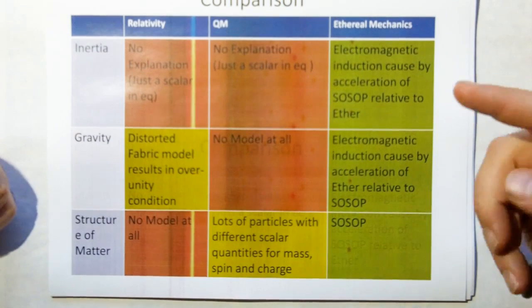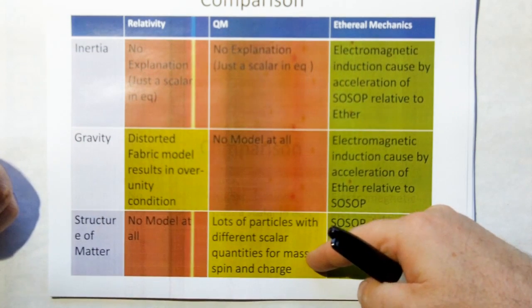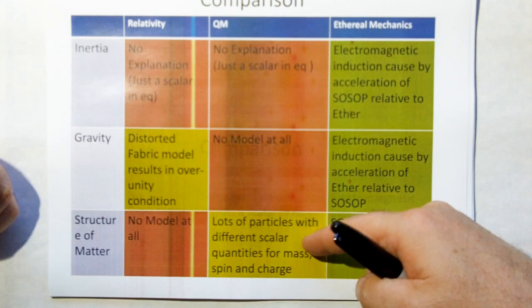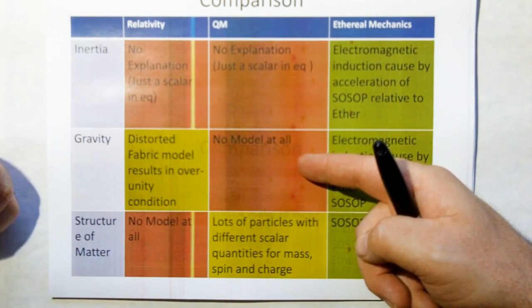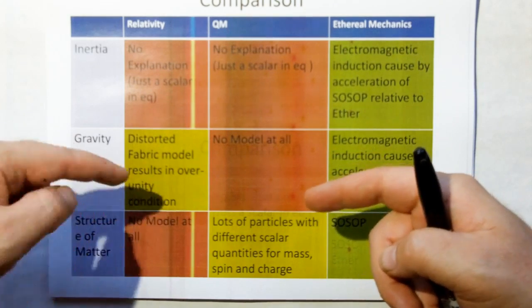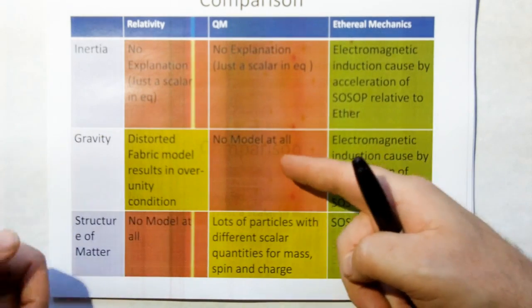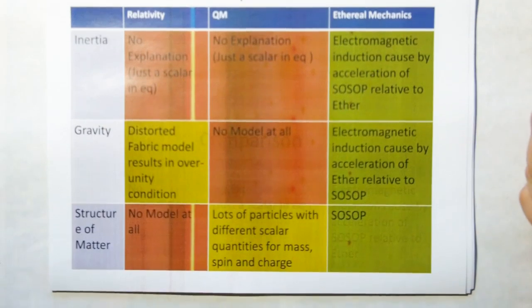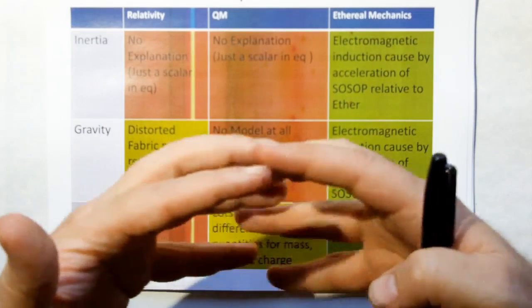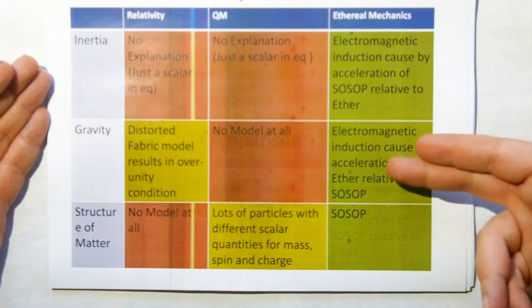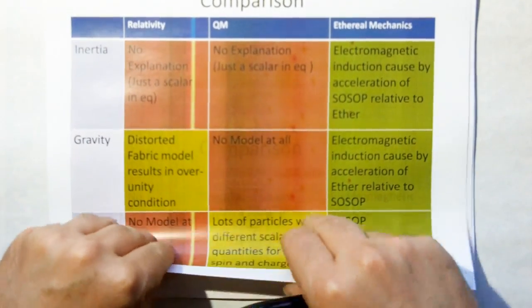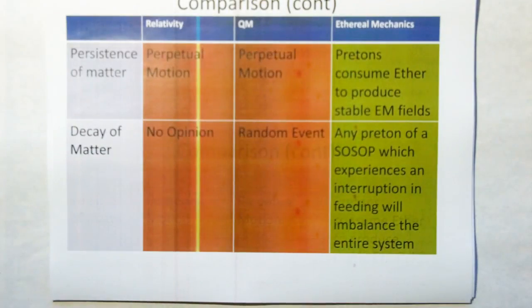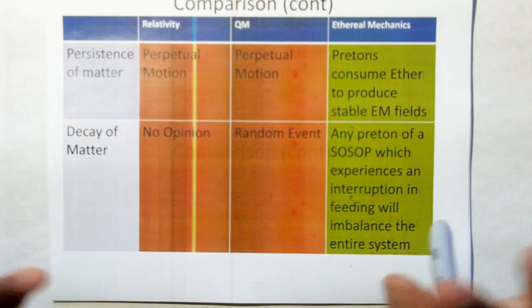And then quantum mechanics, complementarily, has lots of particles with scalar quantities for mass, spin, and charge, but then they have really no model for gravity. And so you've got this science of the large and the science of the small, and they don't dovetail. They don't work together. Ethereal mechanics describes both the big and the small equally. It's pretty simple. It's so simple even a physicist will be able to figure it out. But they won't believe it because it's so damn simple. It makes pretty much, well, I'm not going to say that.